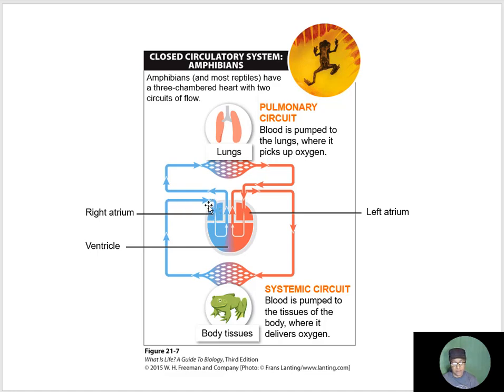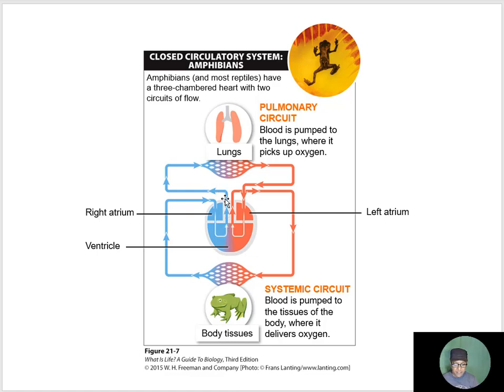So we start off in the right atrium, where the blood is deoxygenated, goes into this one ventricle. But the blood basically is sort of staying on its side, right? It's not admixing to the other side. So we can see that the deoxygenated blood that's color-coded here in blue is being pumped with that one pump of the ventricle